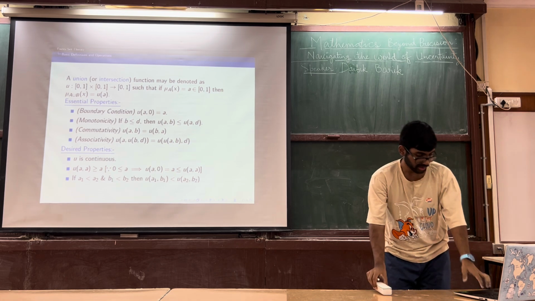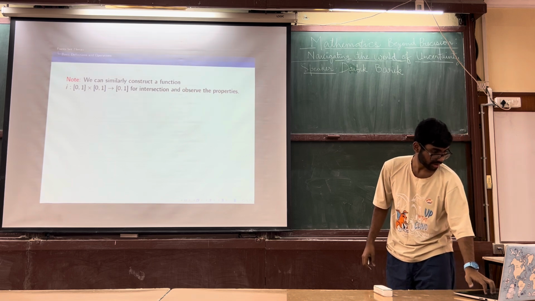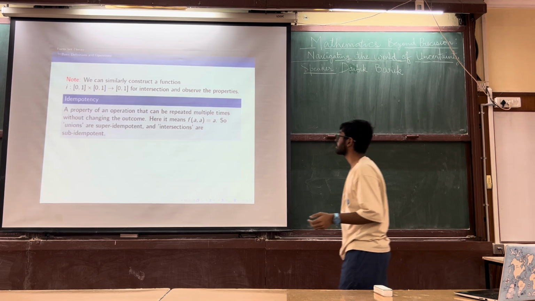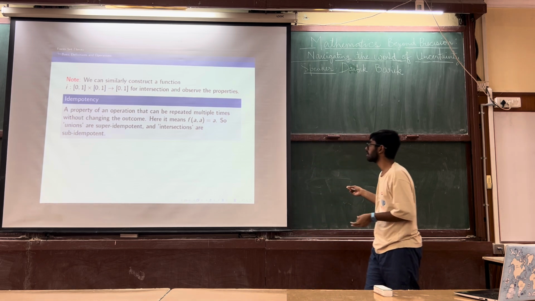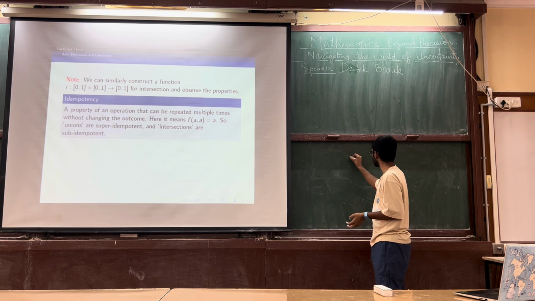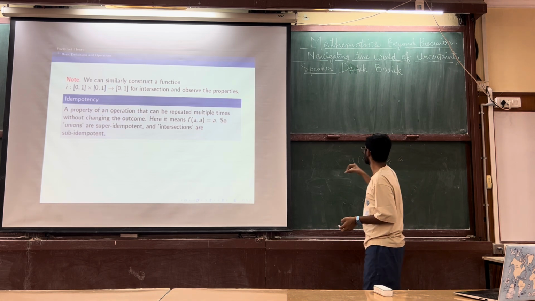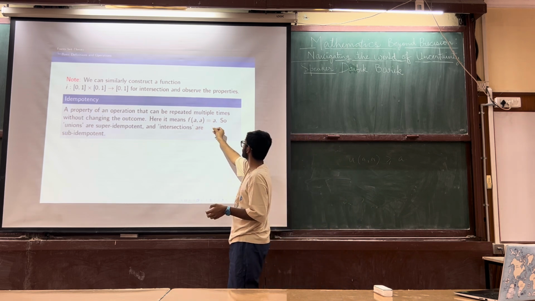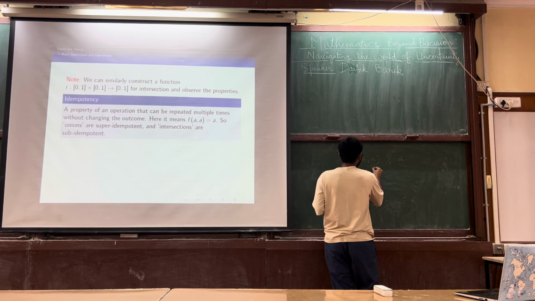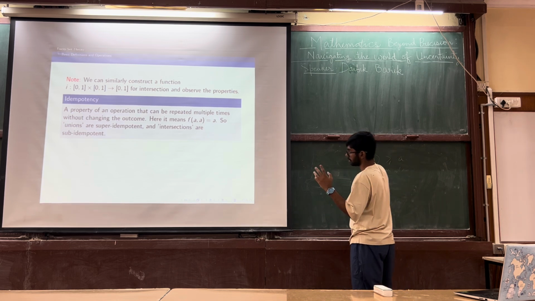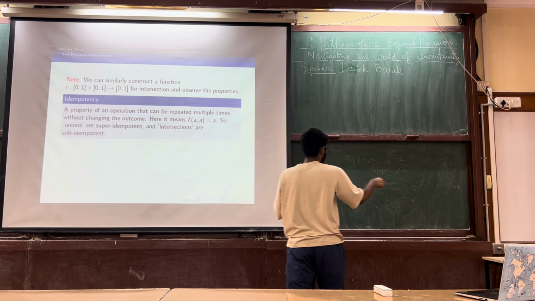So given these properties, we have extra properties. We have this idempotency. So we know what idempotency is, and I gave the property, right, U of A comma A should be greater than or equal to A. In this case, we know idempotency as f of A comma A is equal to A. So in this case, this is called super idempotent, and in the intersection case, this will be less, because